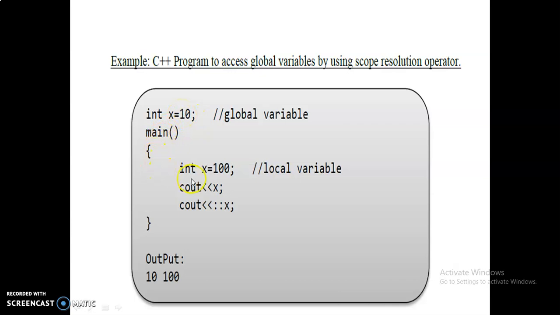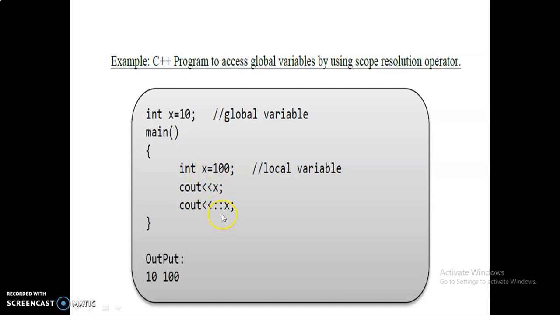Within the main function, the same variable x is declared, but this is the local variable. This variable has scope between these curly braces only, but the x will be visible in the main function, and if it has some subfunctions, the x will be alive in those subfunctions also. Here you can see in this output, the first statement cout x will print the local variable